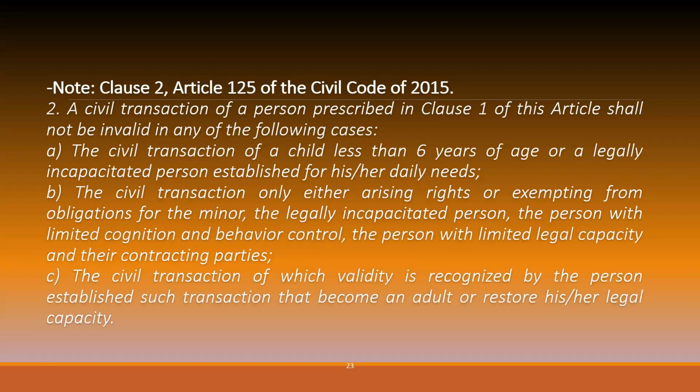So we see Article 125. Article 125 states that a civil transaction of a person prescribed in clause 1 of this article shall not be invalid in any of the following cases. The civil transaction of a child less than 6 years of age or a legally incapacitated person established to meet his or her daily needs. A civil transaction only either arising rights or exempting from obligation for